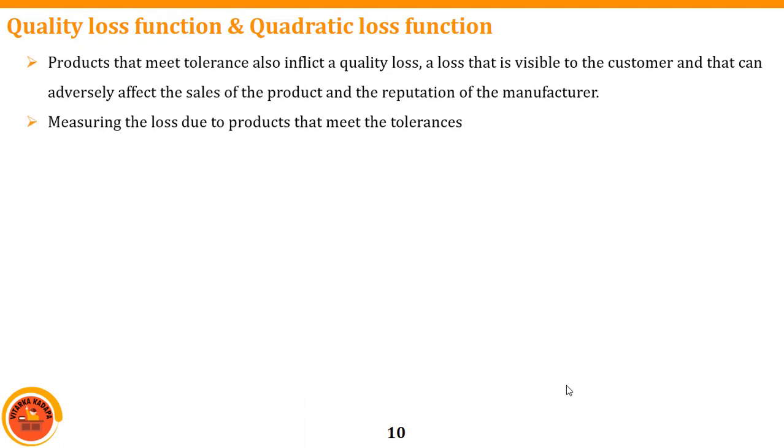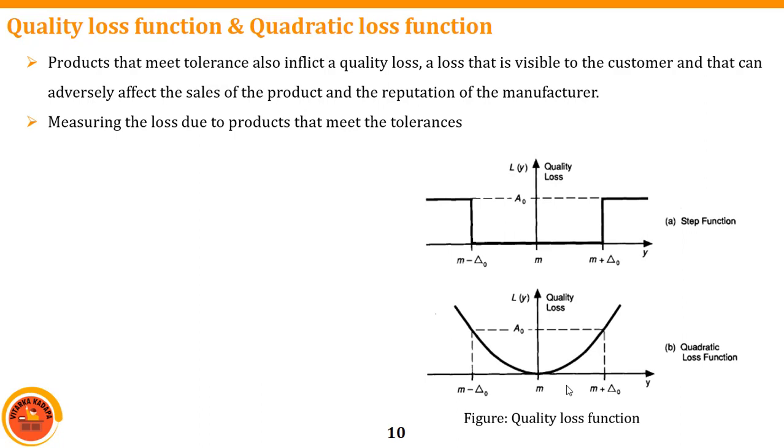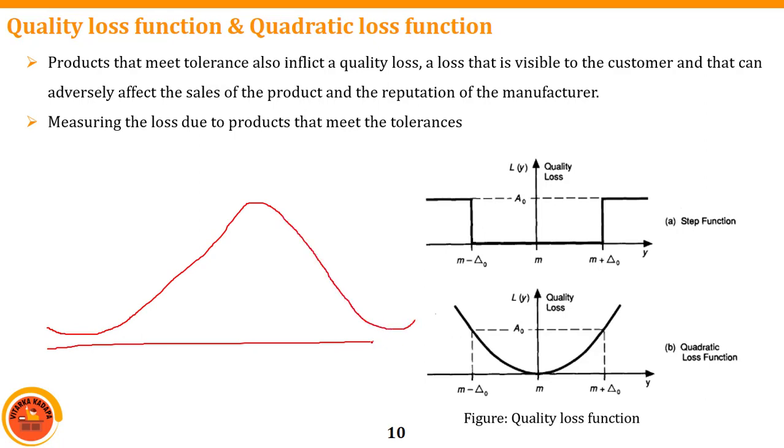So let me go with a diagram like this. Take a simple example. For example, we have a set of manufacturing of products. Suppose a manufacturing industry is going to manufacture some products, and it is getting a normal distribution like this. Assume that here we have a center deviation line. This we will term the zero center line.